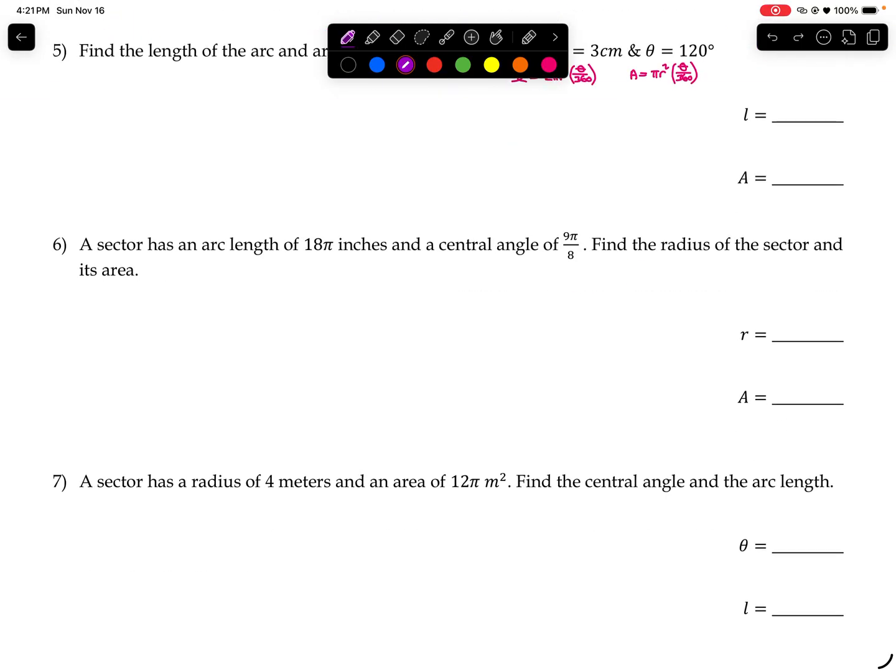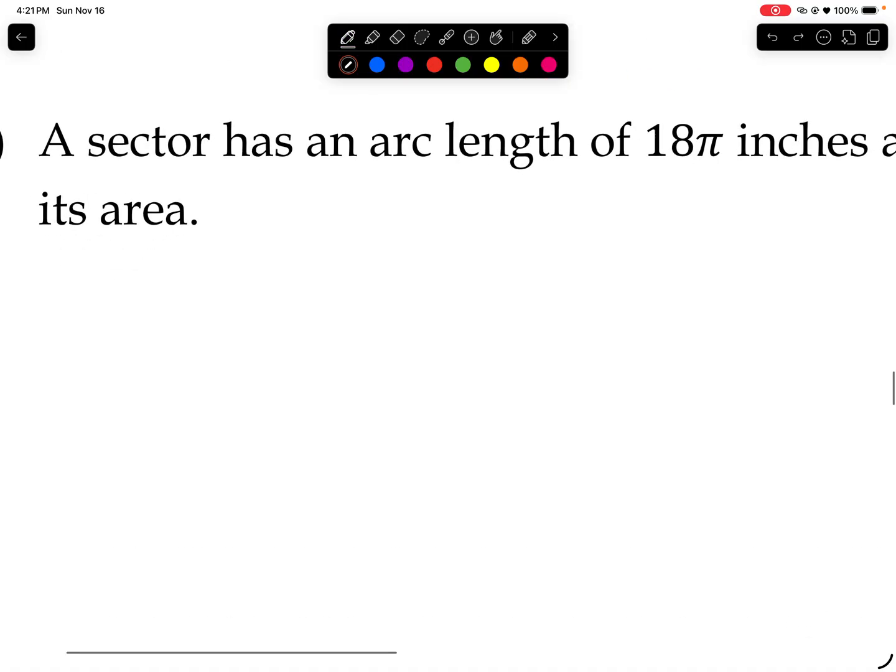So a sector has an arc length of 18 pi inches and a central angle of 9 pi over 8. You're going to find the radius of the sector and its corresponding area. So this is where they're going to give you parts, and you have to work a little backwards to actually find the components. So to find the radius,